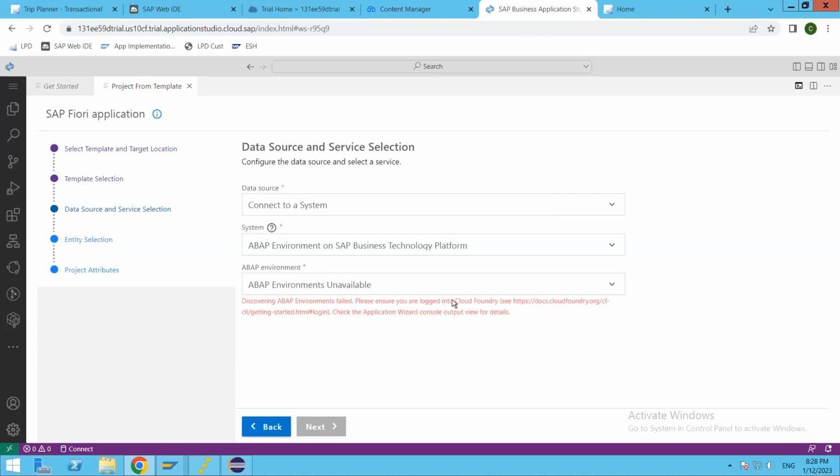Yeah, that's fine. I'll make this ready to develop our application, then deploy this to BTP and register it. So I'd like to